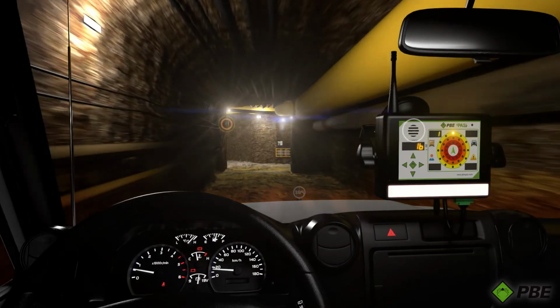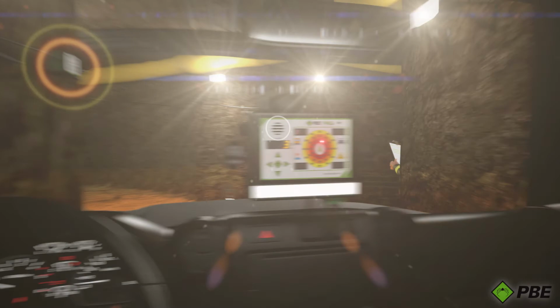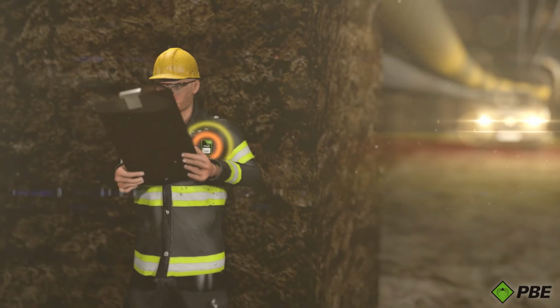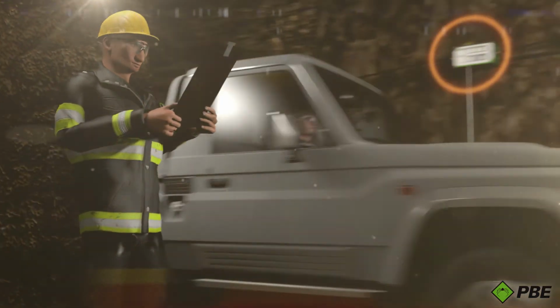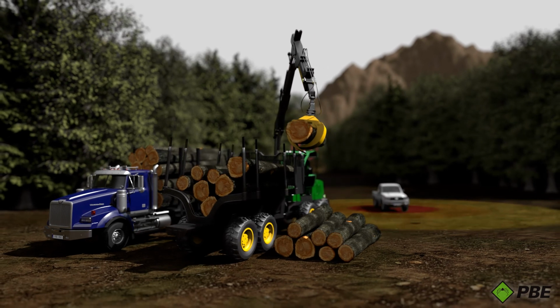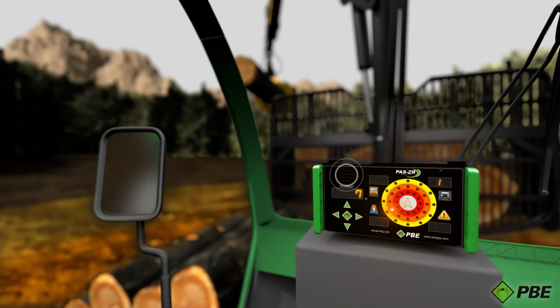PBE PASS solution has an extensive reporting capability to allow identification of safety issues, in addition to replaying of events. All events are logged internally and can be accessed locally or remotely through Vantage, PBE's system-wide control and monitoring solution. PBE PASS can become an integral part of your periodic assessment and safety plan by offering detailed insight for potential